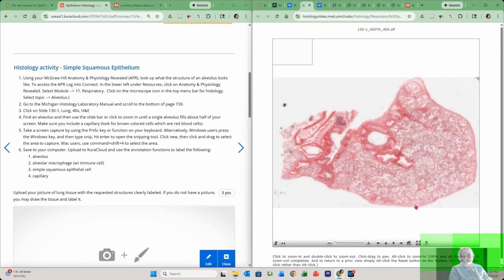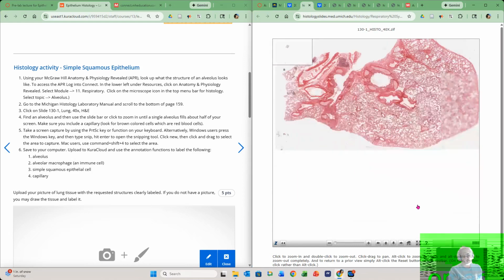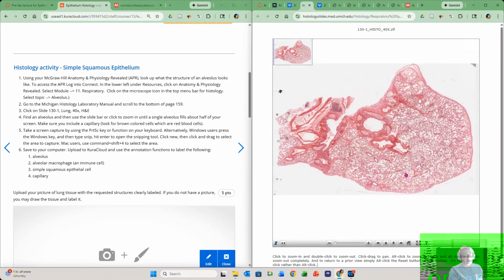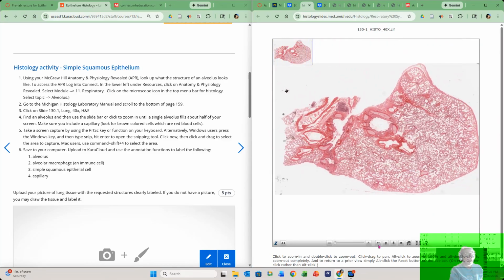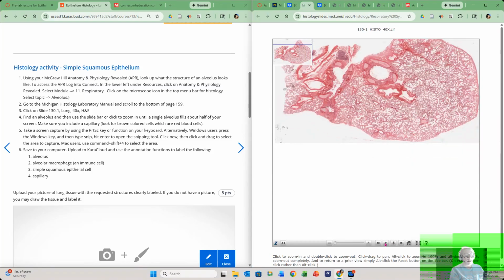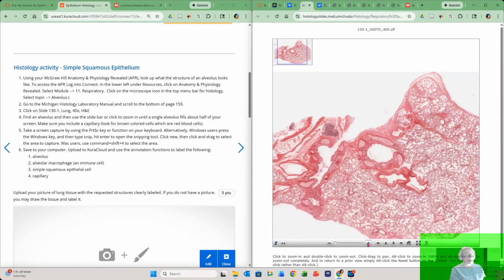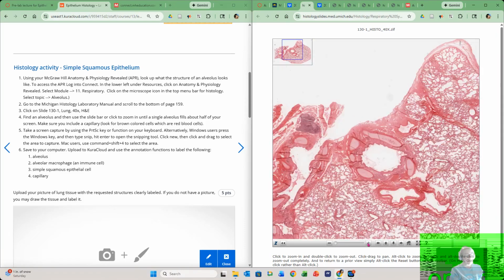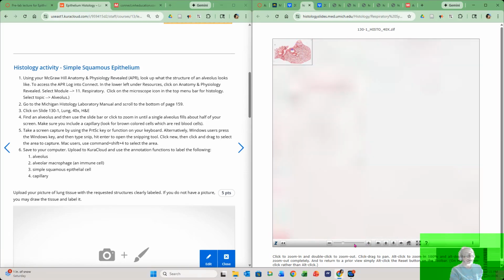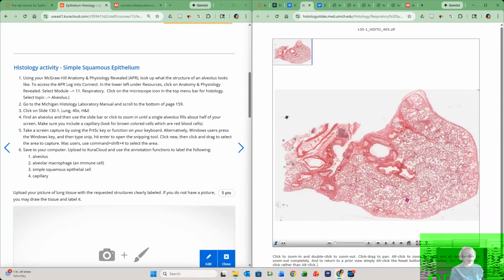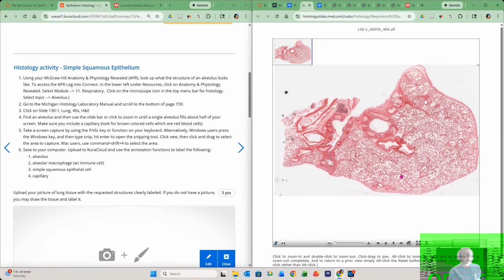To operate this, it's really, really simple. You can click and hold and you can drag this tissue around, or you can use these pan keys down here. It's going to pan that tissue around. To zoom in, you can click on this plus sign, and it'll zoom in increments. Or you can use the slider, and it's going to zoom in based on how much you slide. Another way,